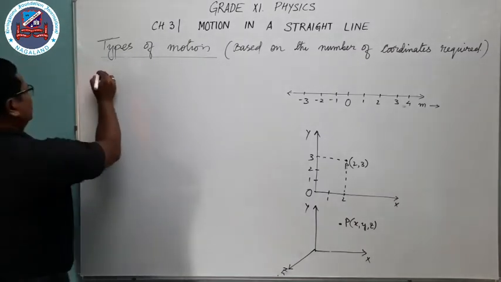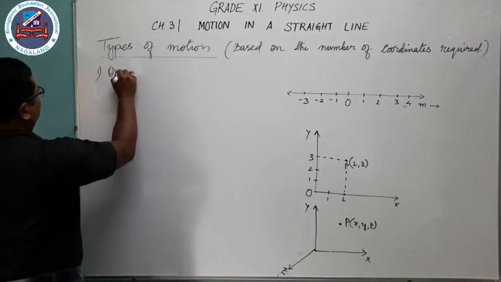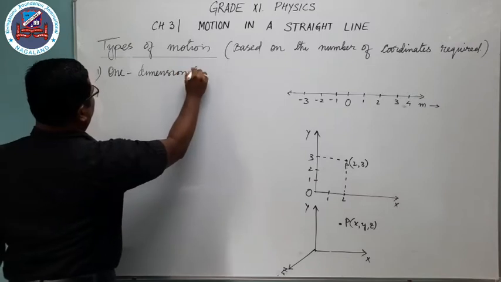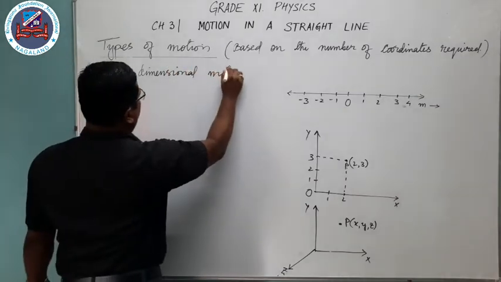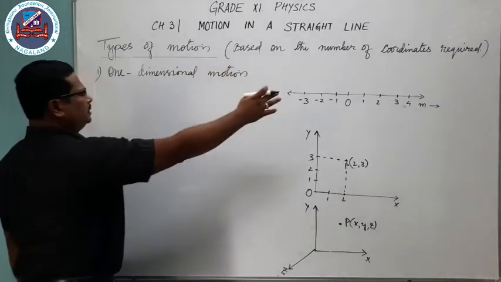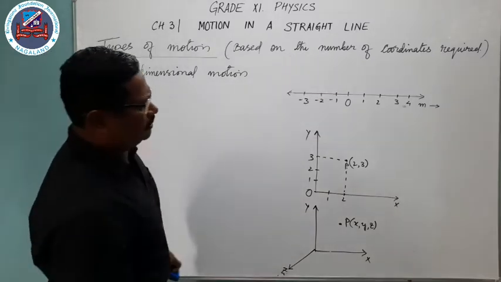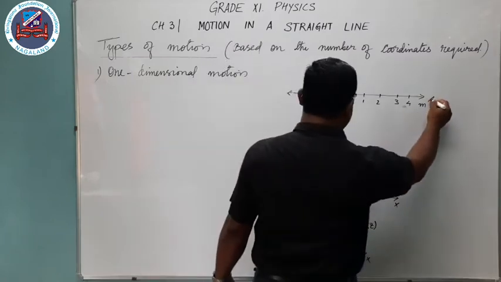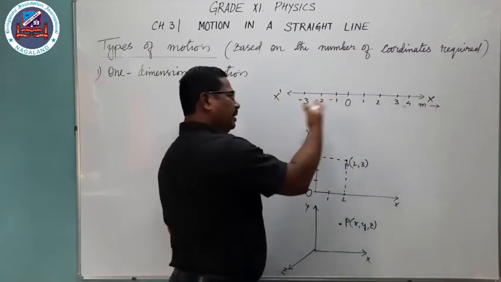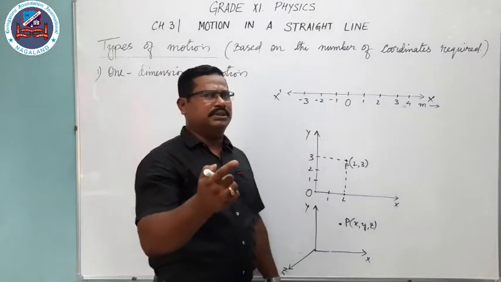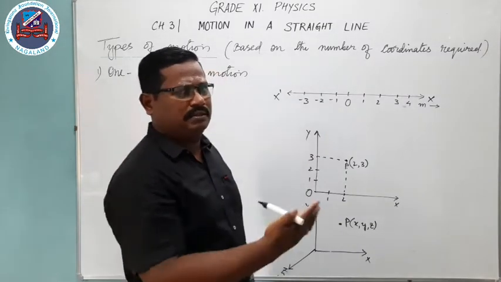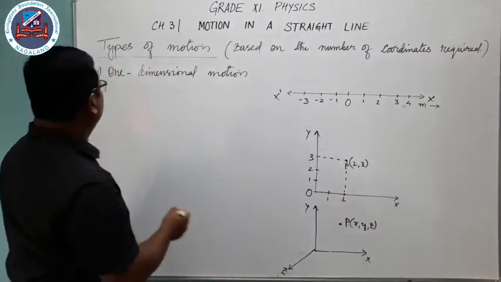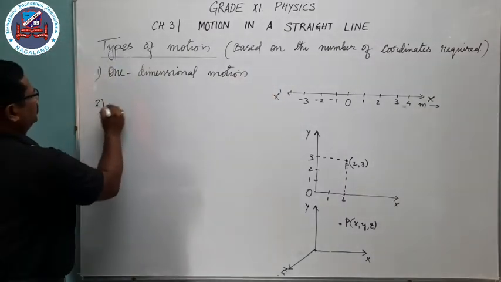Number 1, that is one-dimensional motion. Then you can see the diagram. This is a number line. You can take this one as the x-axis. You can take it as the y-axis also. When it is only one-dimensional, we can take it as x also, y also. We can imagine it as the z-axis also. Doesn't matter, but it will be a single line. Then in case of two-dimensional motion,